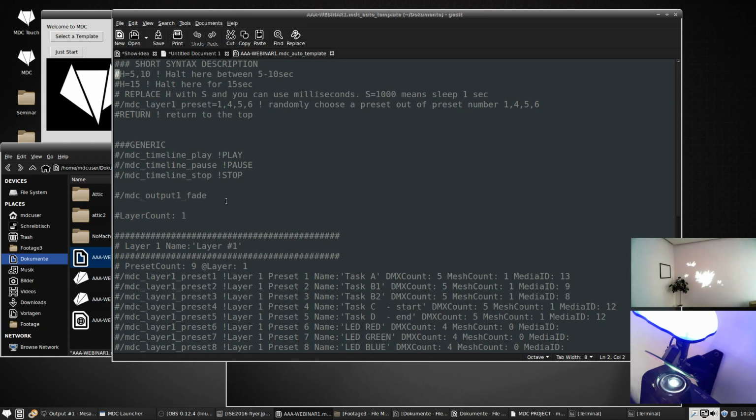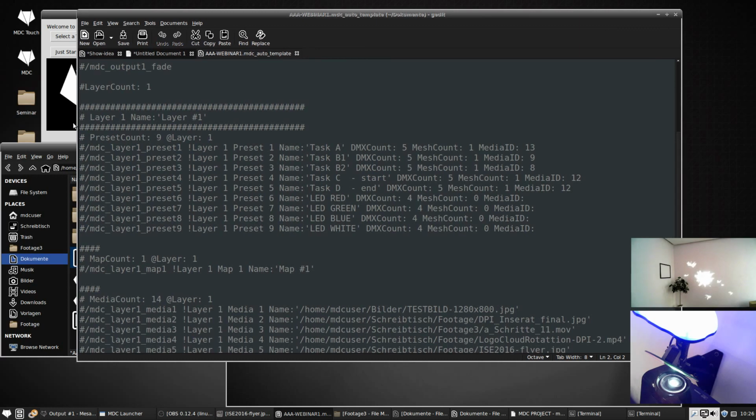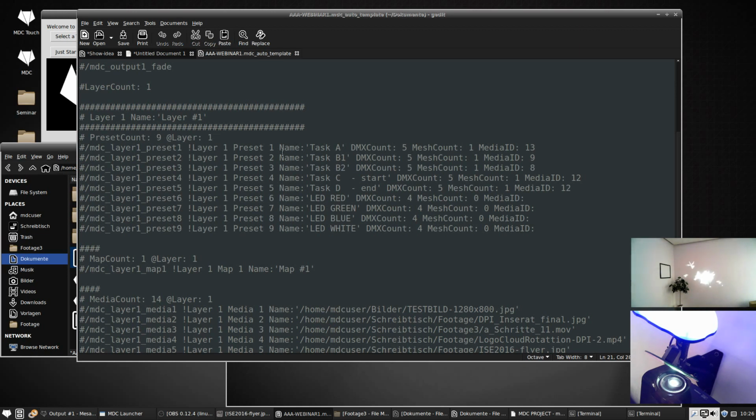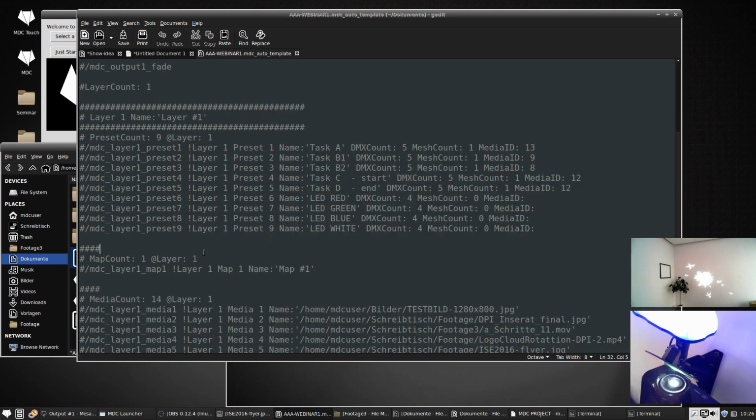Okay, so here, let's scroll down. What you see is a preset count. We have 9 presets in one layer. And here you see the names: task A, task B1, B2, C, D, LED red. Oh, that's the same as the buttons here. And that's the same as the presets we arranged